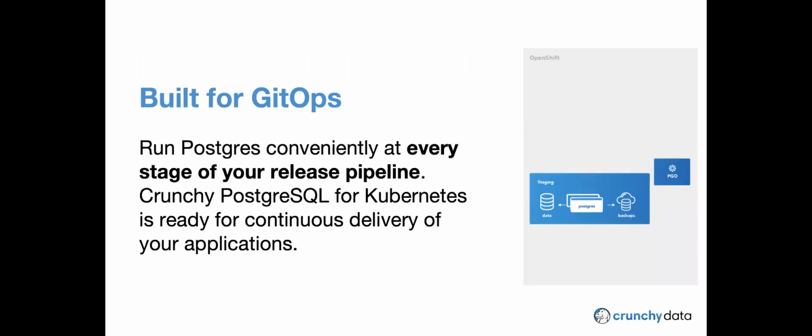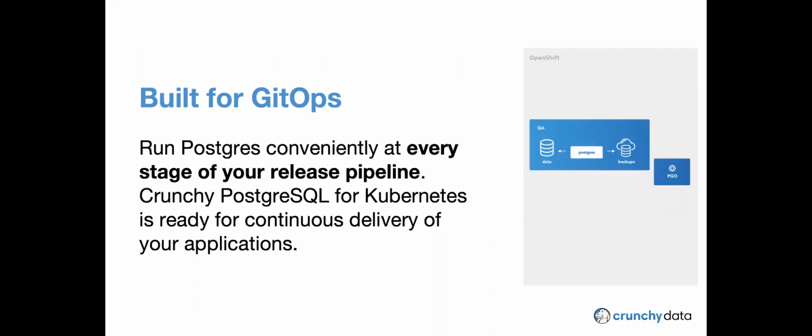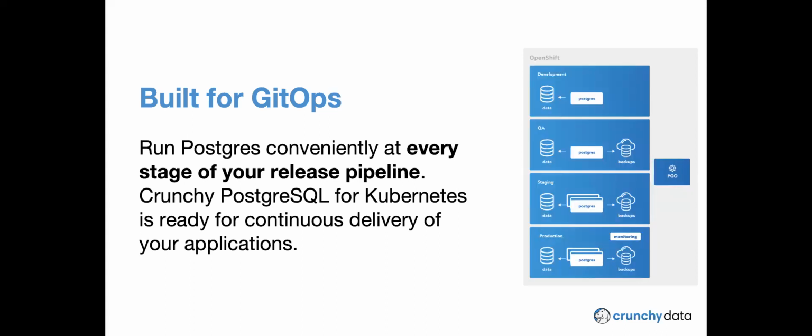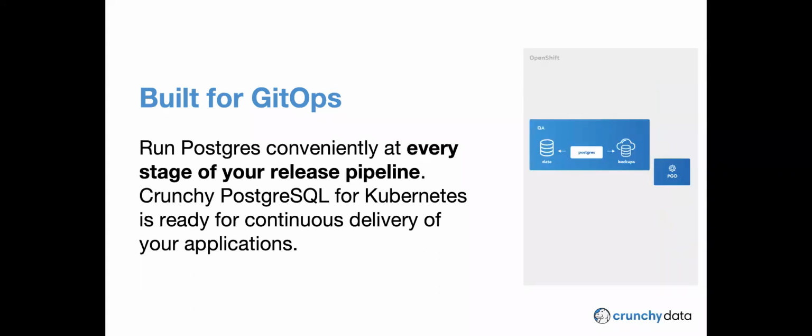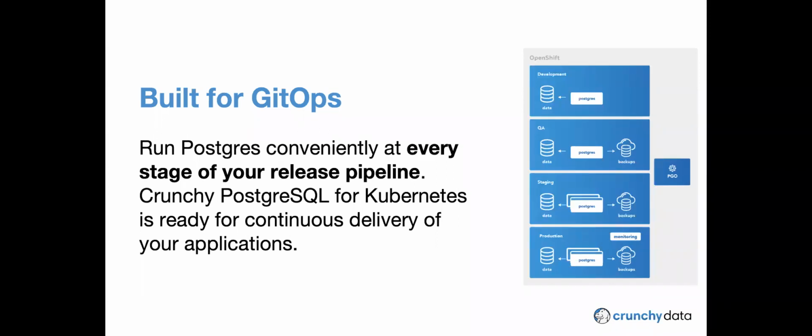As I mentioned, this is built for GitOps. One thing we did a lot while we were testing Crunchy Postgres for Kubernetes 5 was running it through popular GitOps tools like Argo, or actually Argo CD, I should say, and making sure that it would work as we scaled up, scaled down, went forward, went back. But the idea is that even though we build this as production-ready Postgres, it really can work at any stage